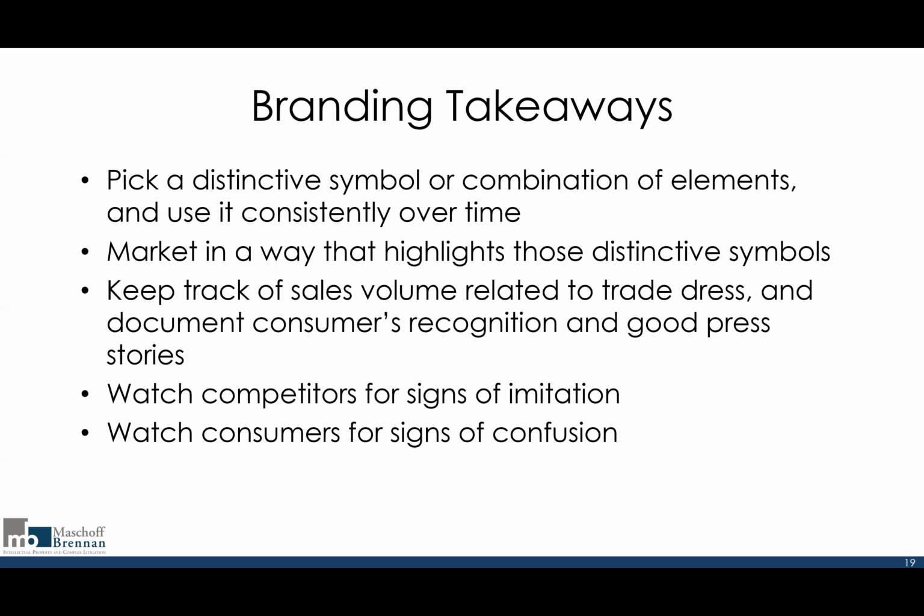You can even seed the press by talking to the folks that are covering you and saying, be sure you highlight my trade dress, or refer to my product in the right way. And you might ask yourselves, well, how do I highlight my trade dress? Or, I guess another question would be, isn't any advertisement for my products going to highlight my trade dress? An example that I'd use is, say that you are a software company